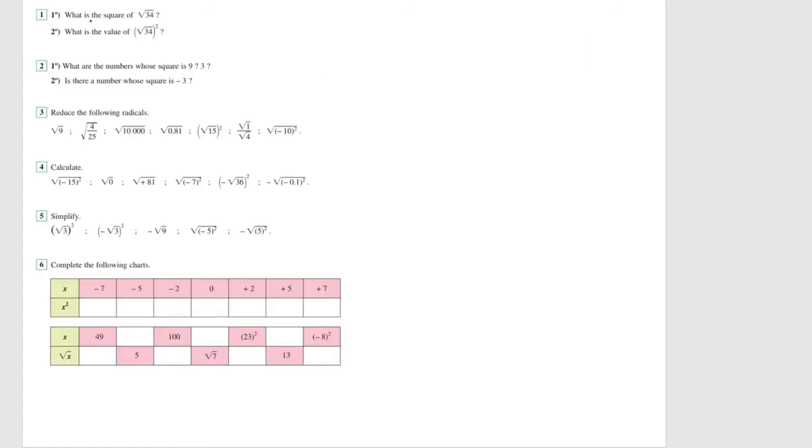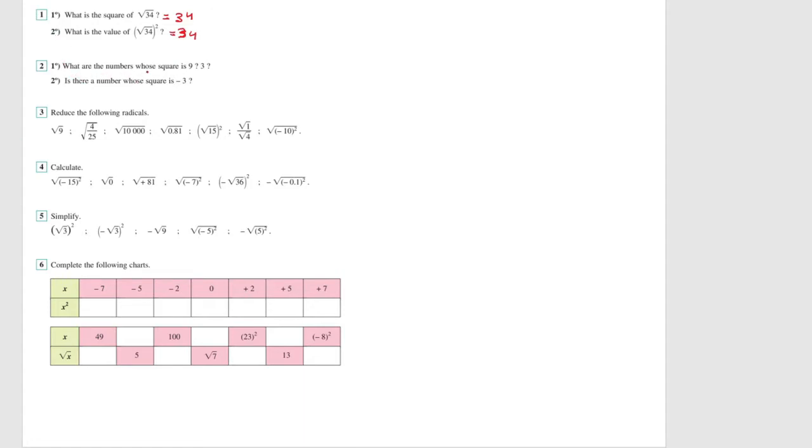Okay, what is the square of radical 34? Square of radical 34 is equal to 34. That means radical 34 squared. What's the value of radical 34 squared? Again, it is equal to 34. Okay, we took this idea before. So number 2,